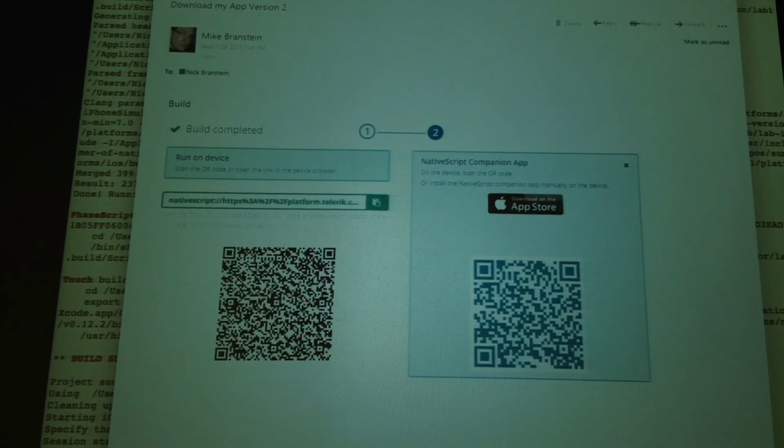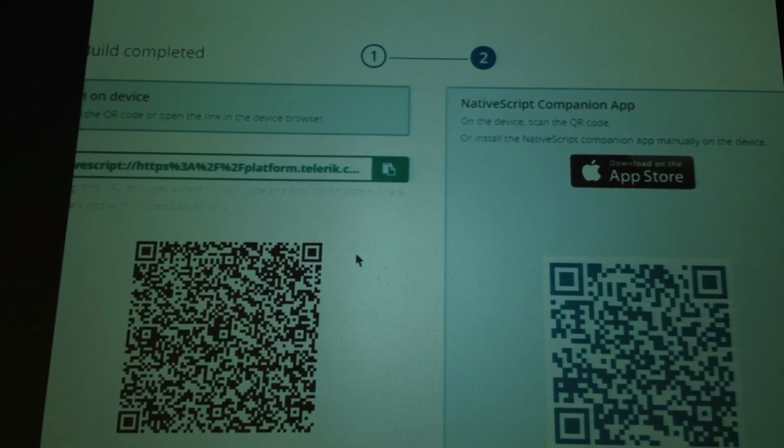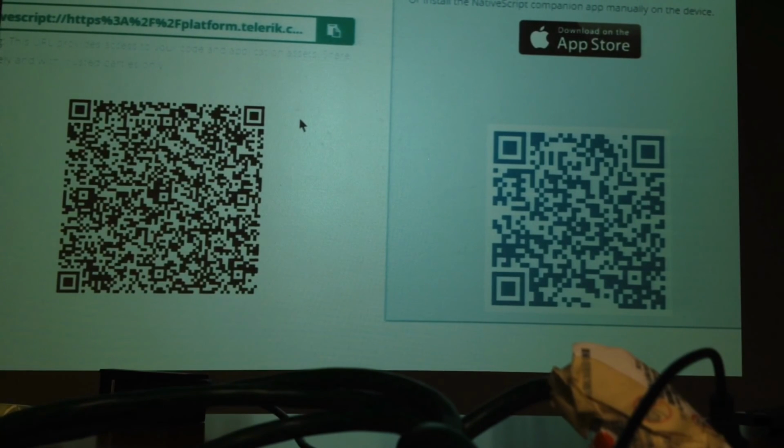Yeah, can you blow that up a little bit bigger? Zoom in, yeah, there you go. That should auto-download the app that I've compiled and built in Telerik Cloud, and that'll just download the app natively on your phone. You launch the NativeScript app and scan the second one from your NativeScript app. NativeScript has its own QR reader built in. It's for the rapid prototyping deployment of it.